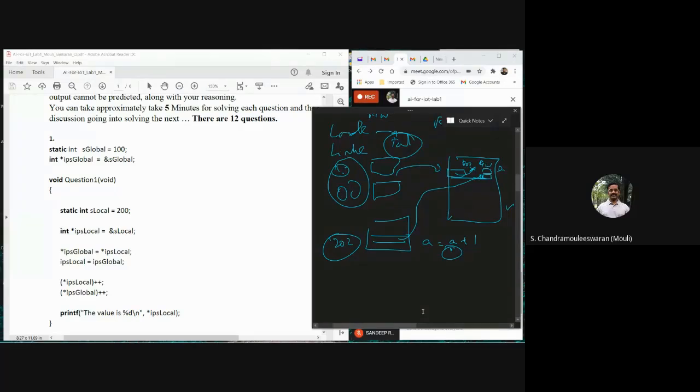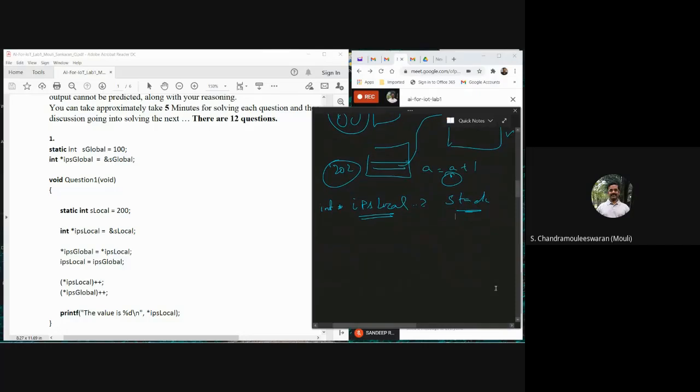Okay. Now, the question is, in case others have not heard, why should this IPS local variable, this int star variable, be in the stack? Now, you know that when there is a function, and we are declaring some variables inside it, it doesn't matter whether you are declaring int I, int star IP, or float f.